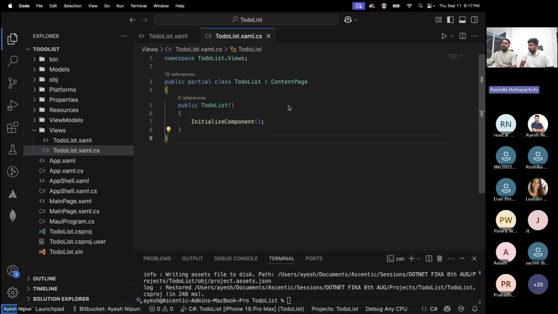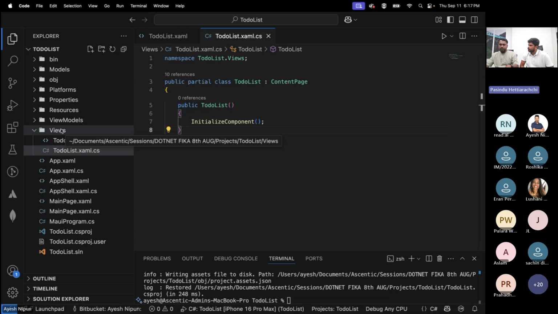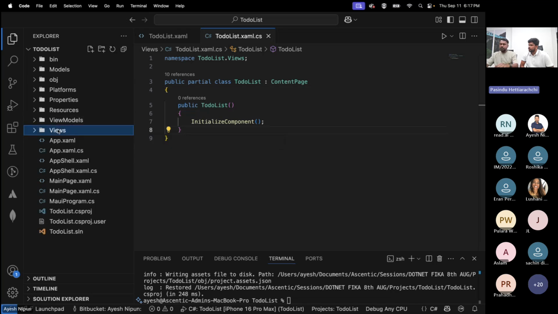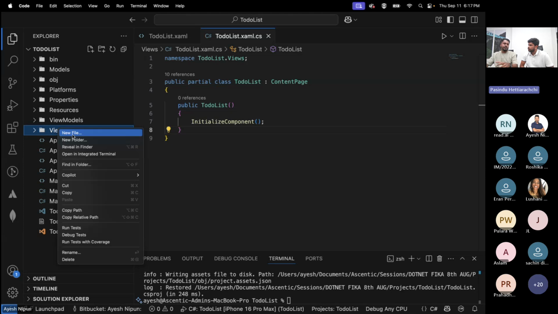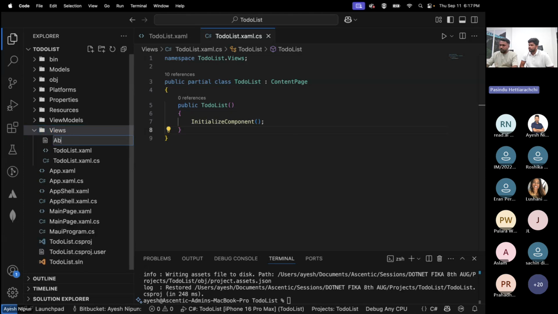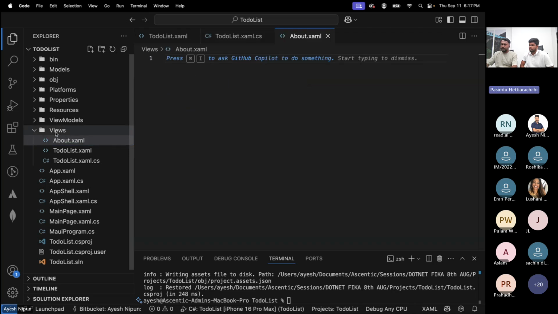Yeah, so it's going to be again a content page, and we just do the initialization here. So just like that, we created a view, the to-do list view. If you remember, we had a sidebar, right? Yes. So let's add another view. This is just to show you the navigation. So let's call it about,